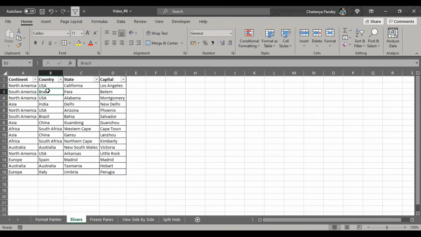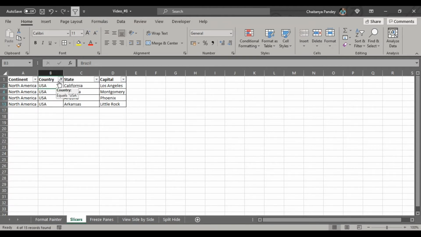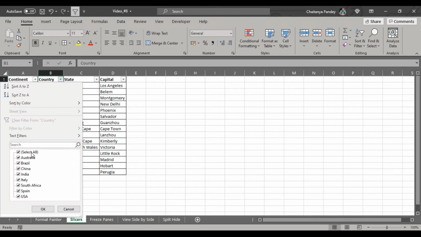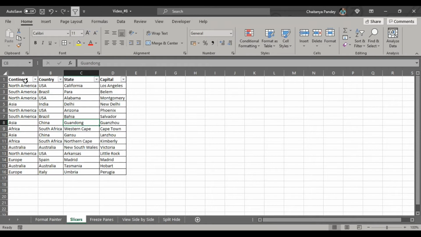If someone wants you to extract a list of state capitals of China, how will you do it? You will first clear the original filter that you applied here, and then select China again. Okay, China here, and then you have the list of state capitals of China. Considering this is a very small data set, if you consider a very large data set